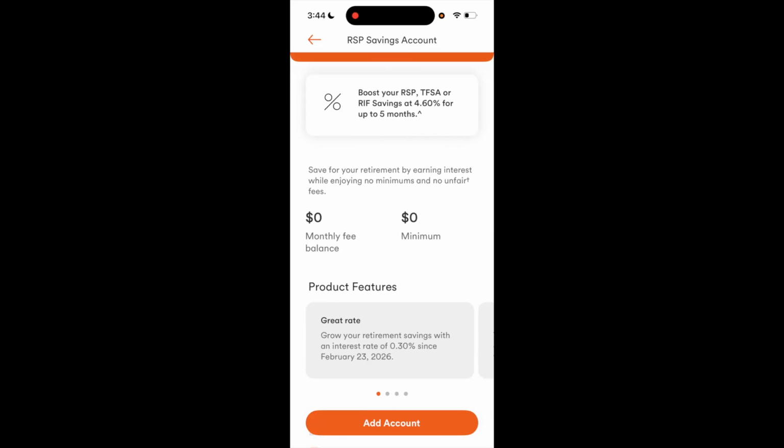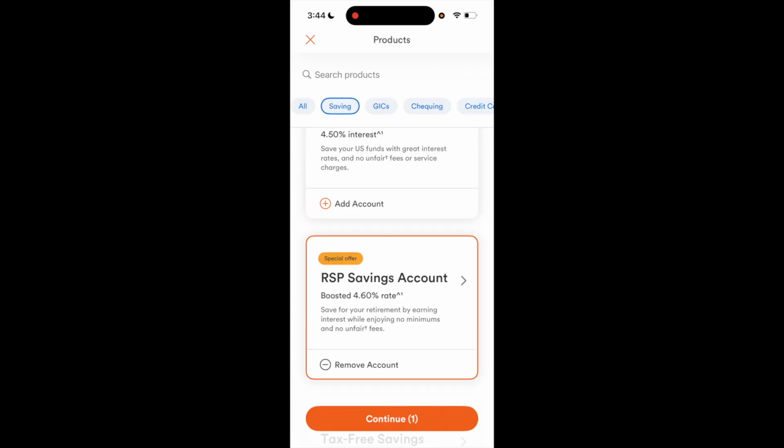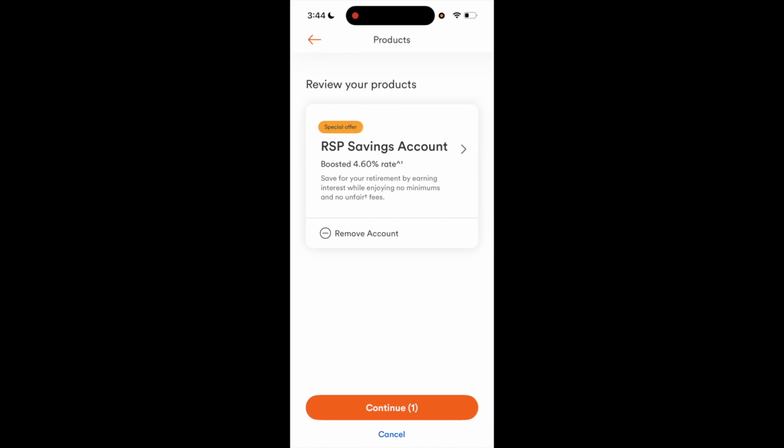If this is good, go to the bottom, press add an account, and then press continue. Once you're on this page right here, you can review the product, press continue, then follow the steps that proceed after this. So pretty simple, pretty straightforward, but that's how you guys can open up an RRSP account here on